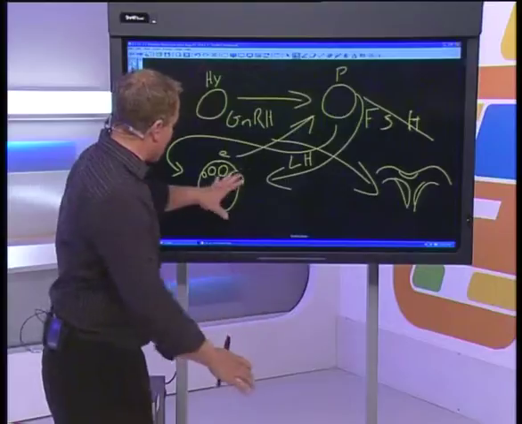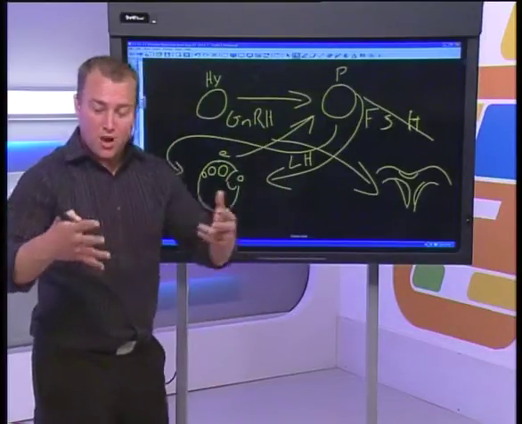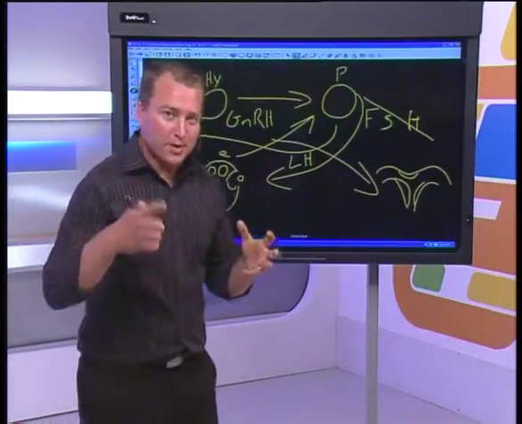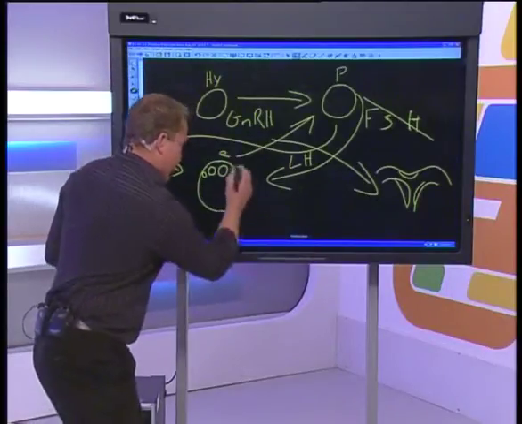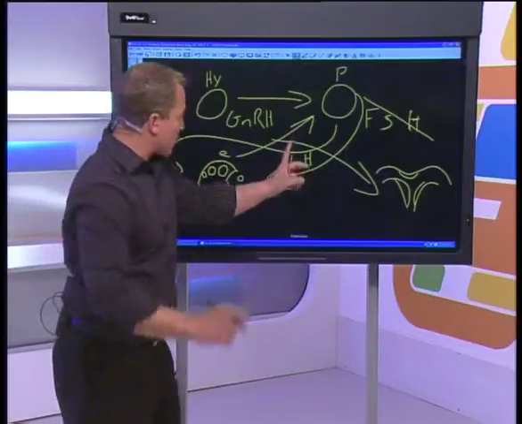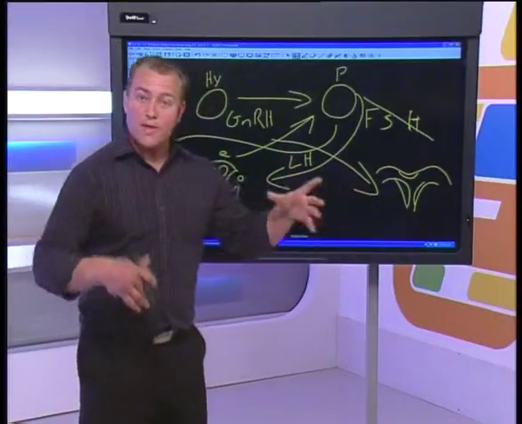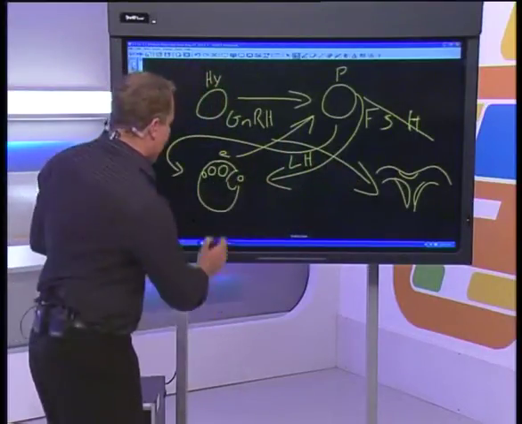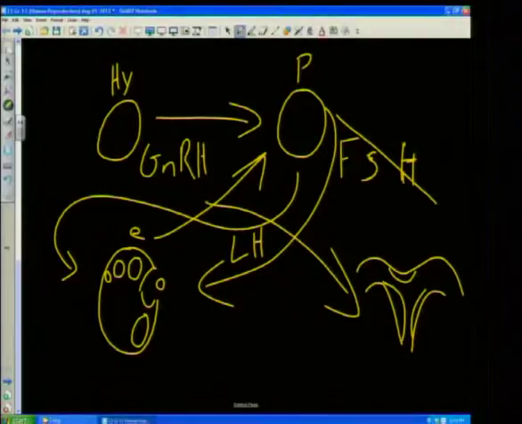And remember, the egg gets released and gets pulled in by the fimbriae, which are little fingers at the end of the fallopian tube, right? This Graafian follicle that's burst actually changes its name. Because it was luteinizing hormone that was produced, it now changes its name to the corpus luteum. Corpus luteum produces a hormone called